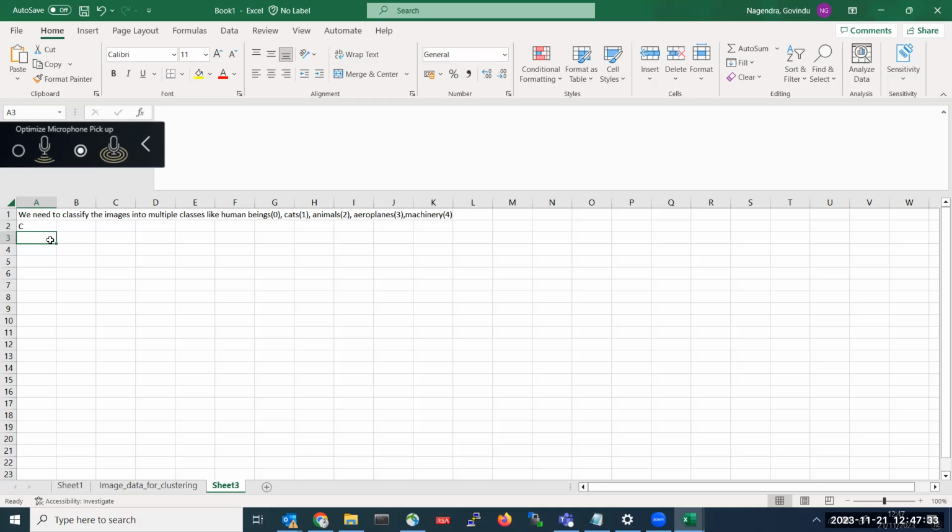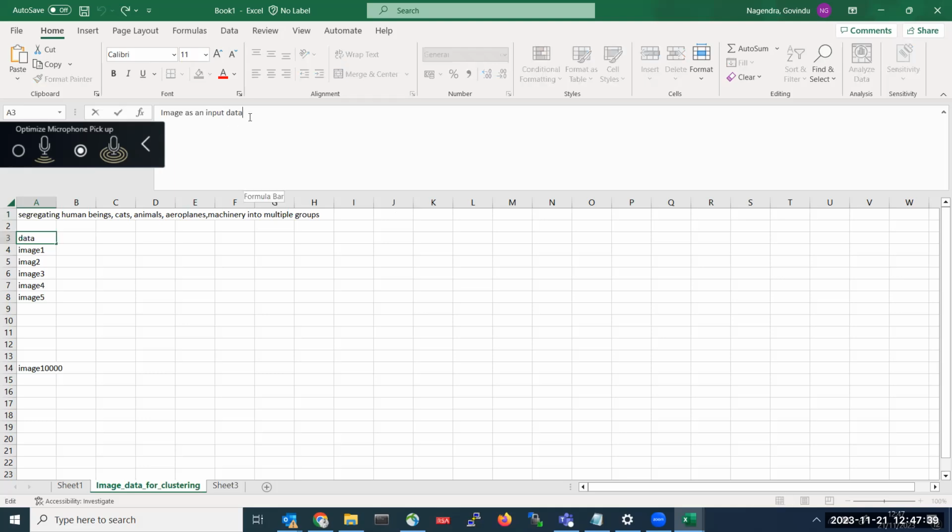Now the data in this, we do have only one feature, that is images. We don't have any target feature. So we do have images here.